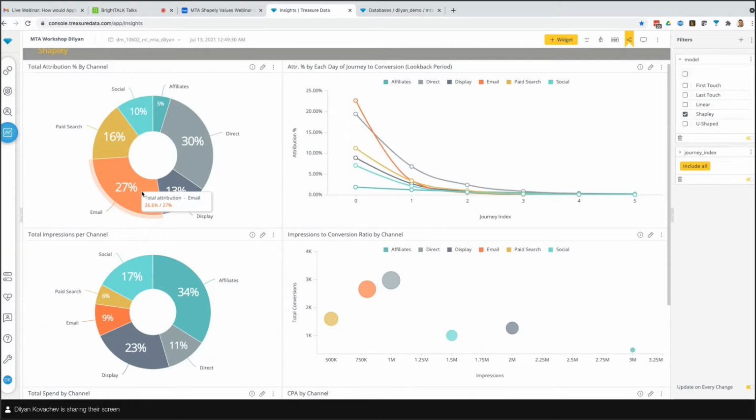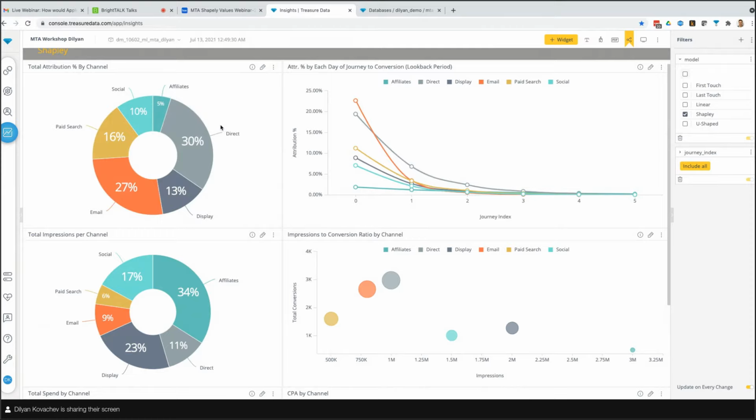You send them promo codes. Email should definitely get a high percentage. Search as well. If someone's searching for a product and then goes to your page, they're showing some intent. At the same time, display, social, and direct are not as overlooked, and affiliate still stays with a pretty low percent.